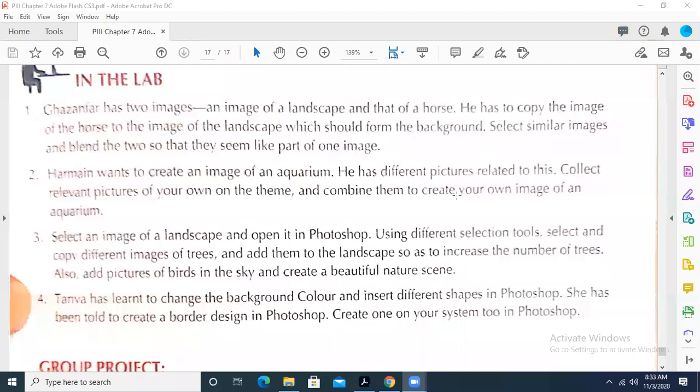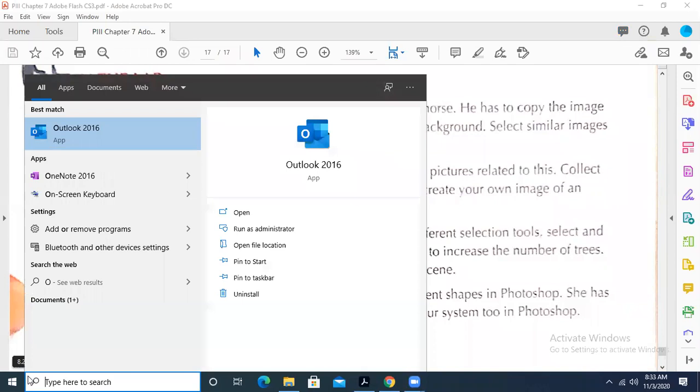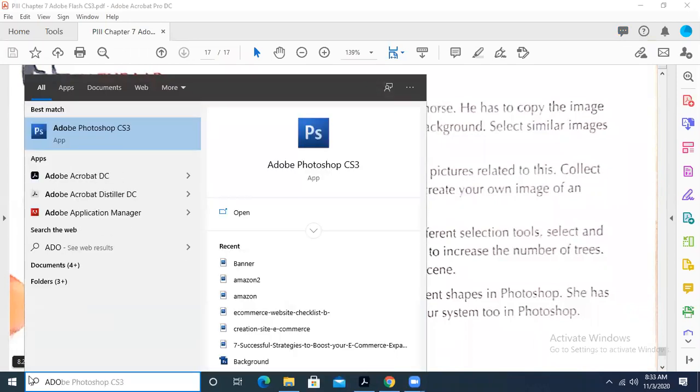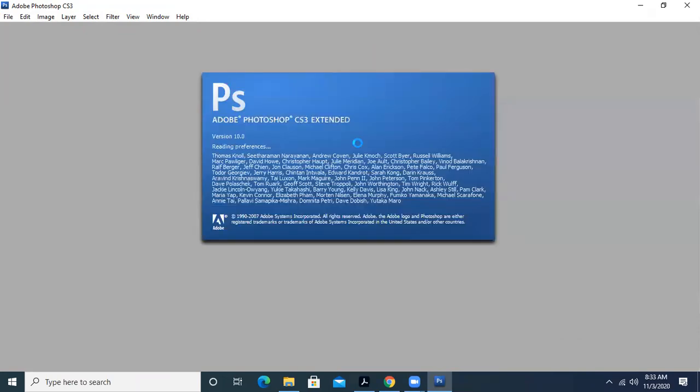So we had made this project, and I had shown you the steps. Such tasks are very important when you are using two images. One image is the background, and the other is an image that you are trying to fit in that particular background.